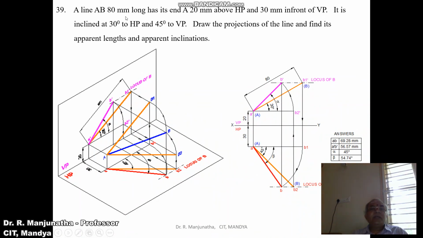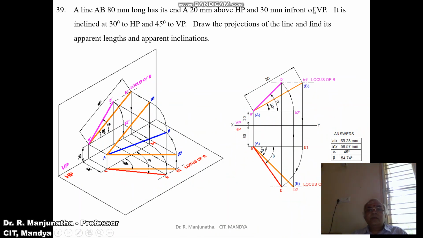So again, from the same point, capital A, you take an angle of 45 degrees to VP. So this is the inclination which makes 45 degrees to VP. When it is projected from the top view, that point will fall on the horizontal plane. This is small a and this is B2. We are considering B2 because this is the second line which we are considering, and this is the first line we are considering. So this becomes A dash, B1 dash and this becomes AB2. So that is the top view. This is in space and this is in plane when it is projected.